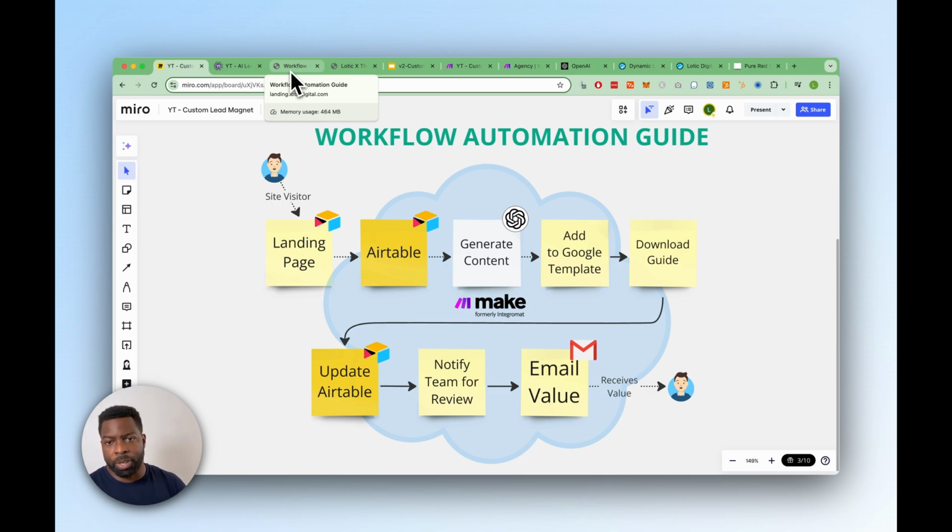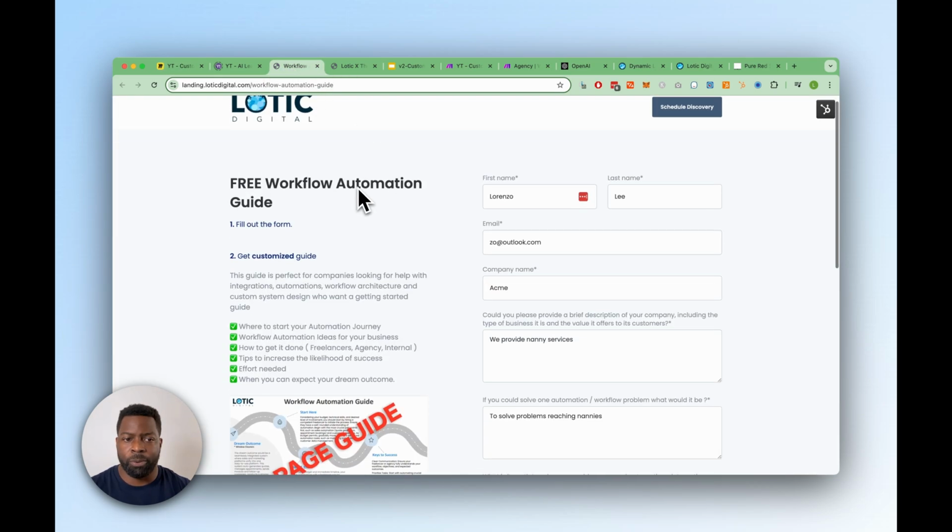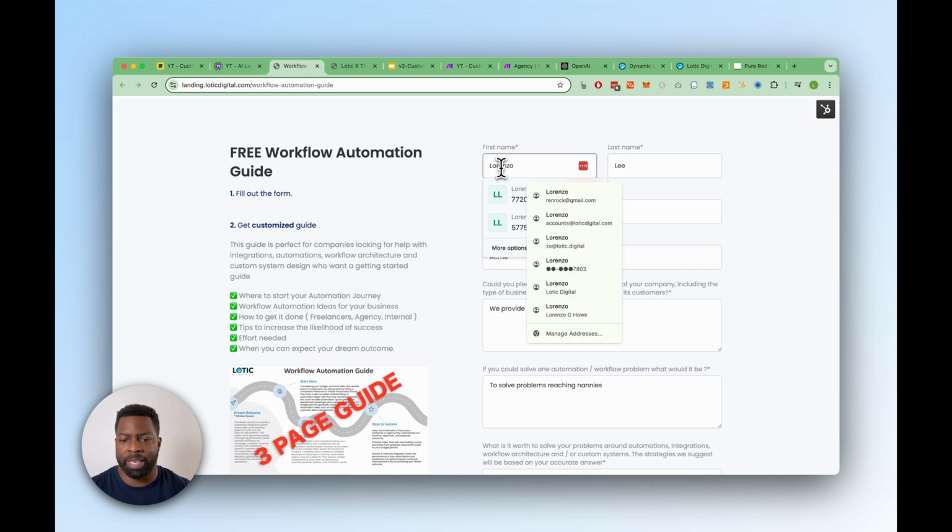So my thought was a workflow automation guide lead magnet. They give me a little bit of information, I give them something of value, and then I check in later on and see if they had any questions, and I get to know more about the people at the top of my funnel. So what I did is I created a form, and this form is just a generic